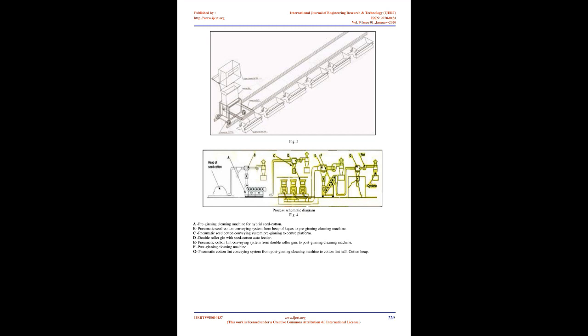1. This system does not allow the judicious selection of trash cleaning machines to be included in the preceding sequence. The combination of cleaners to be selected depends on the trash contamination level and its type in seed cotton. There is no provision for measuring online contamination level in cotton. This results in seed cotton with higher stick content entering the gin, resulting in large quantities of bark in the ginned lint. Fig.2.